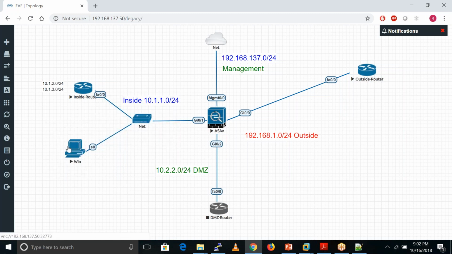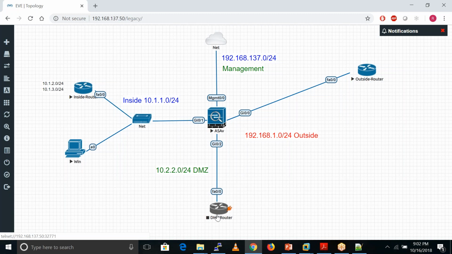When this user sends the DHCP request to the ASA, because a DHCP request is a broadcast message, this broadcast goes to this router and this firewall as well. When the firewall receives that broadcast request, after that it sends this request towards the DHCP server.